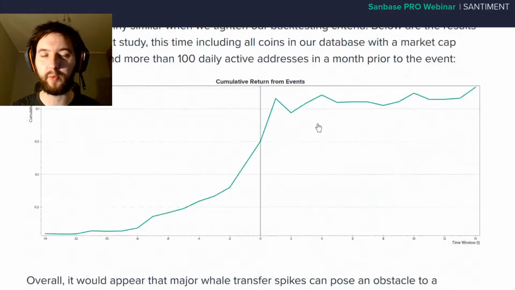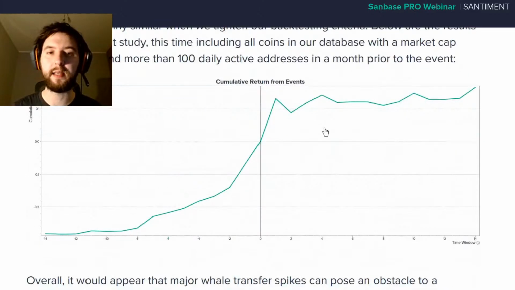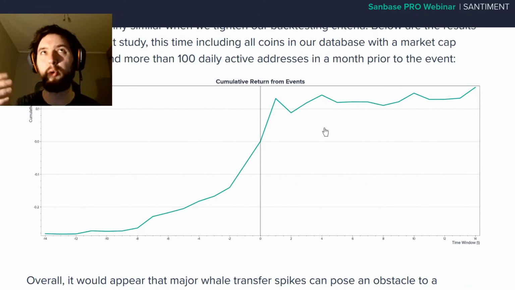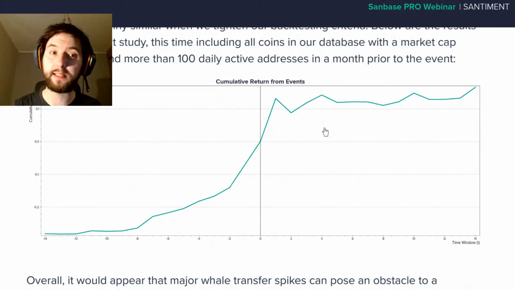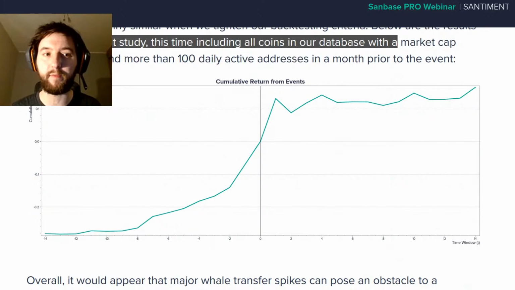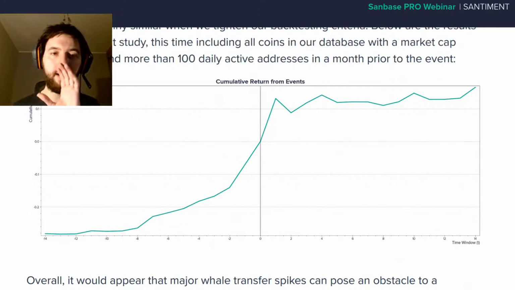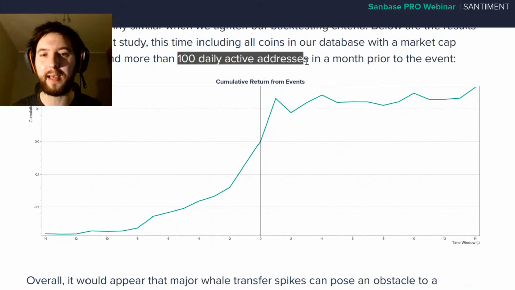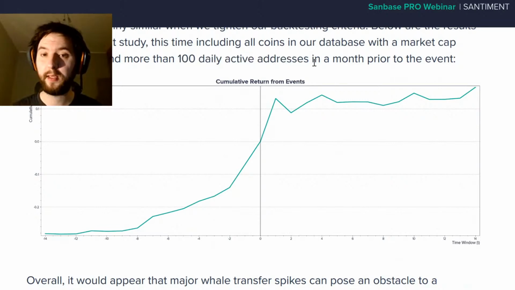So the next backtest that we've done is trying to make the criteria a bit more stringent, right? Because every coin with more than $1 million in market cap is quite a large number of coins. A lot of them can be shit coins with very easily manipulated volumes. So in the second backtest, let's tighten our criteria a little bit. And this time look at all the coins in our database that have a market cap of above 1 million US dollars, but also have more than 100 daily active addresses on average a month prior to